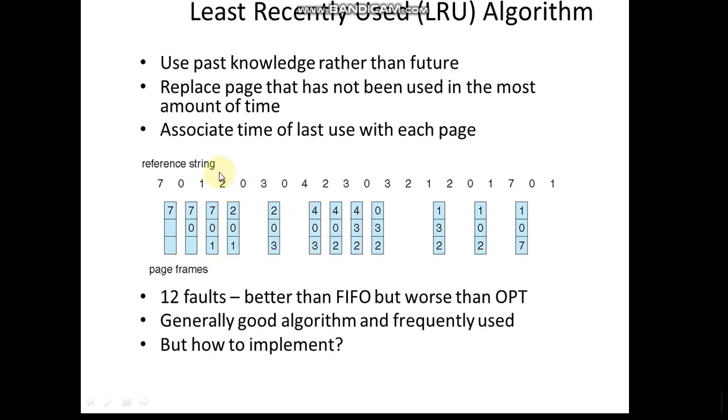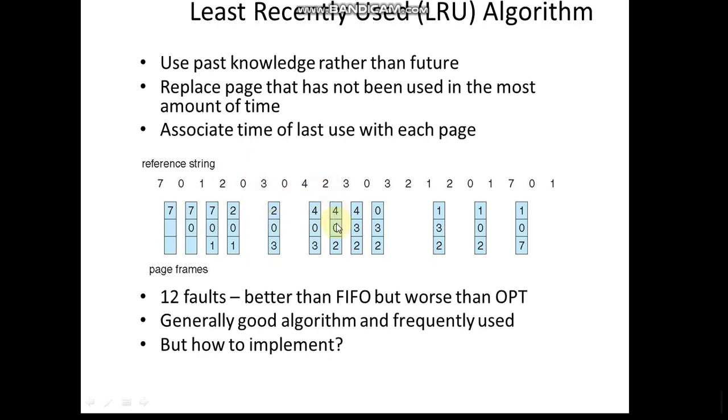Like 0 is immediately on the left hand side, and the most distant one is the one we pick, the same thing we did for optimal. Rather than looking to the right hand side, we have to look at the left hand side. So 1 is away from the current bit, so 1 is replaced by 3, right? 0 is already there, not causing a page fault. Again, at this point, page replacement is required among 2, 0, 3. 0 and 3 are here only, 2 is appearing on the extreme left, right? So what we are doing is replacing 2 by 4, right?